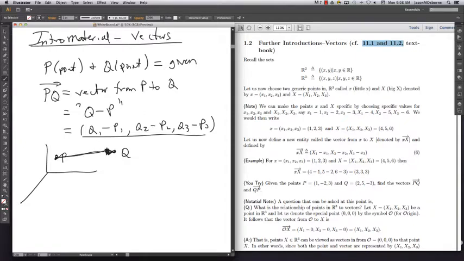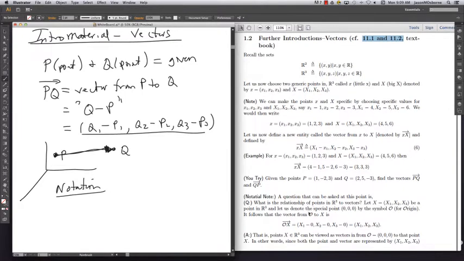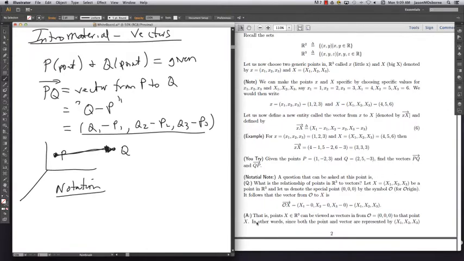Okay, so if you were allowed to go in a straight line from this point P to this point Q, the vector P to Q would tell you how to go from the point P to the point Q in the straight line direction. Okay, so I guess we looked at some examples about that. So what we want to look at now from the notes, there was something that we can see here. Just what does it mean to be